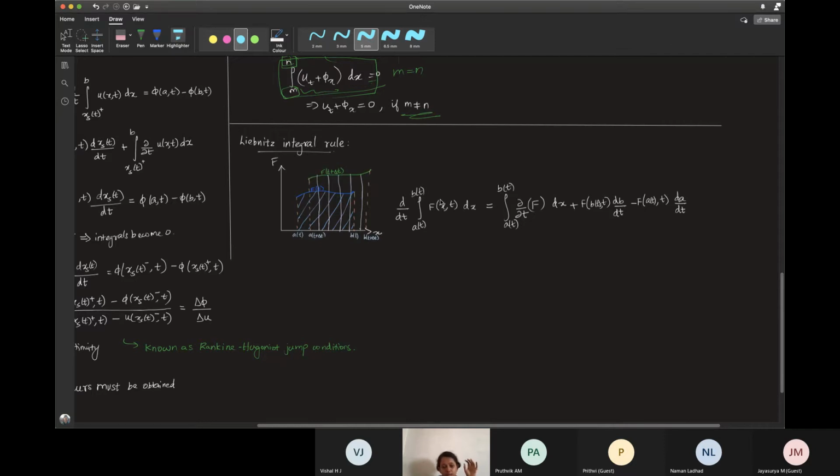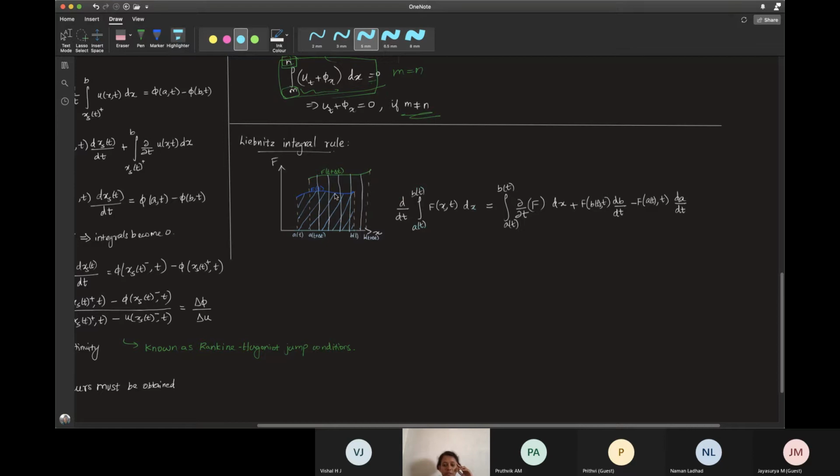So now let's just do this integral for time t. This is your function at time t, and these are the limits a of t and b of t. If you integrate this, the area of this region is going to be the value of your integral. Similarly, if you do the same for f of t plus delta t, this is your curve, and now the boundaries have moved. This is your a of t plus delta t, and this is your b of t plus delta t. So this region is your integral.